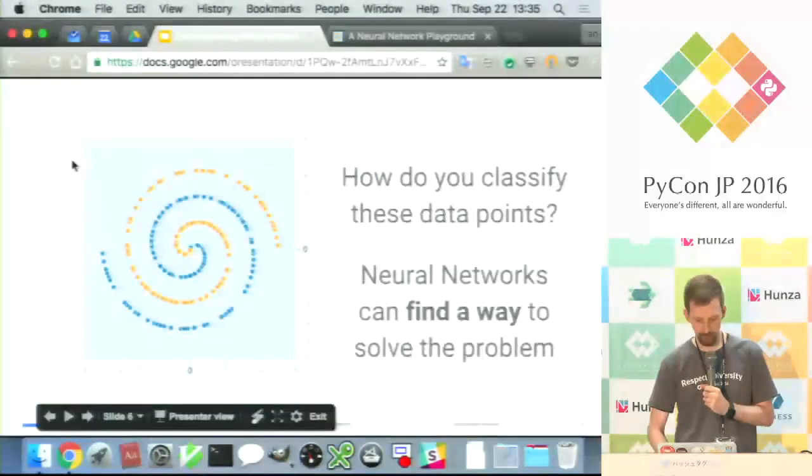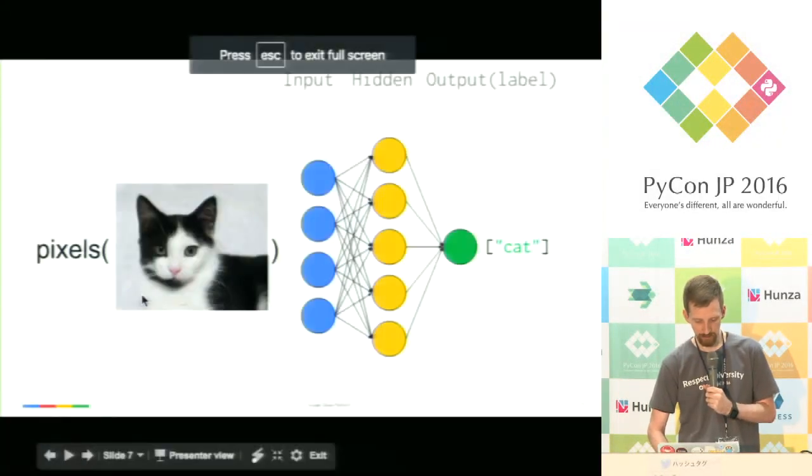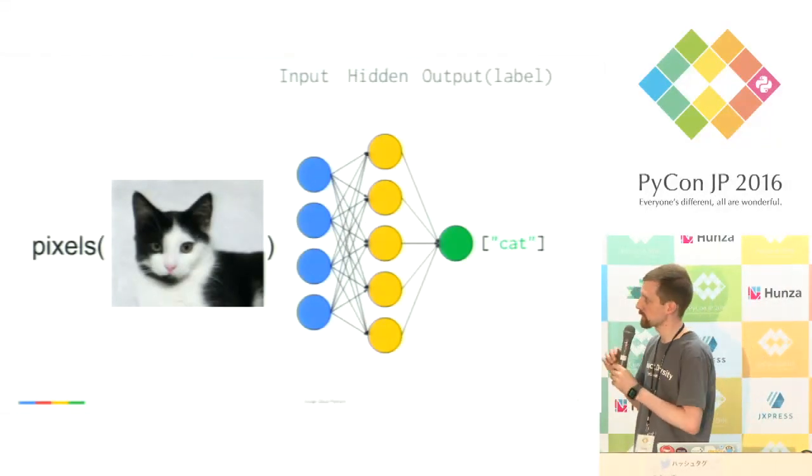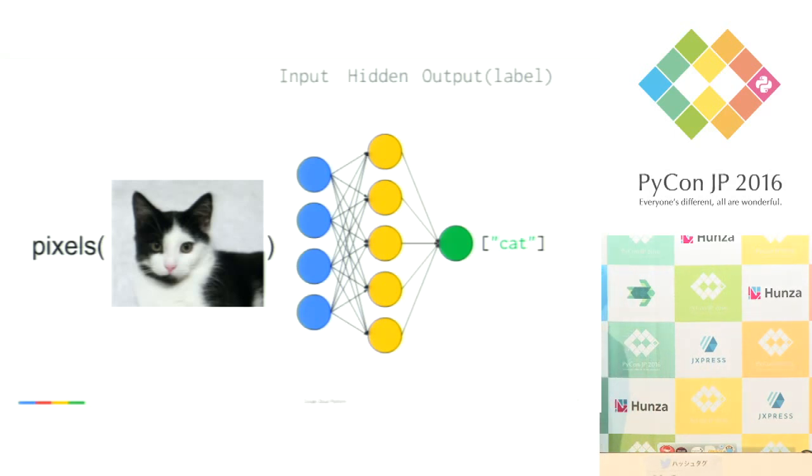Let me go back here. So what is a neural network? A neural network is essentially a type of machine learning problem where you break the problem up into layers. And at each layer, you'll basically perform some sort of activation function on the input coming into that layer. So here we have just a 3-layer